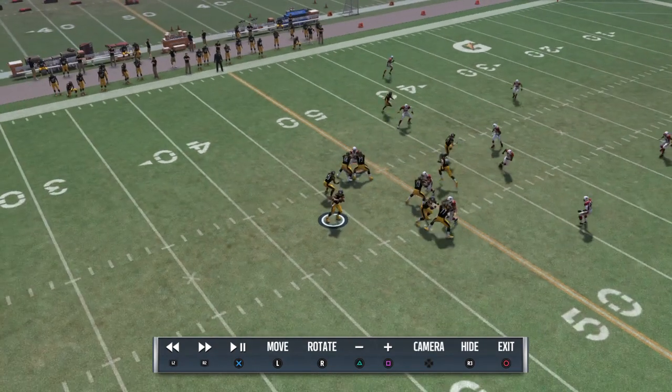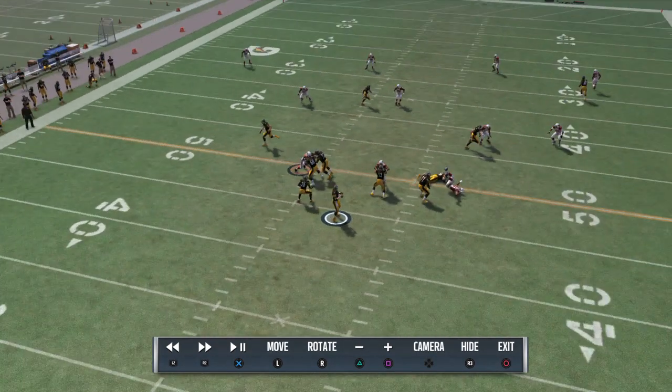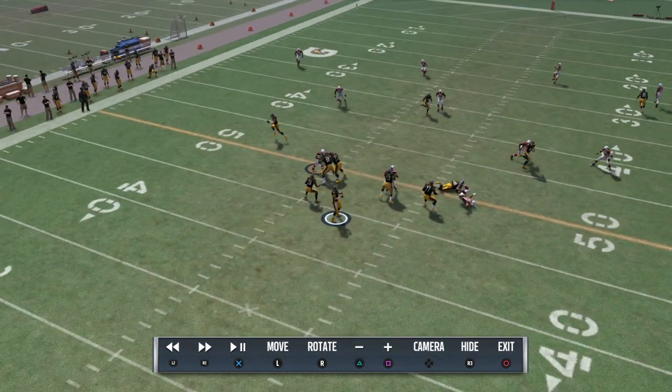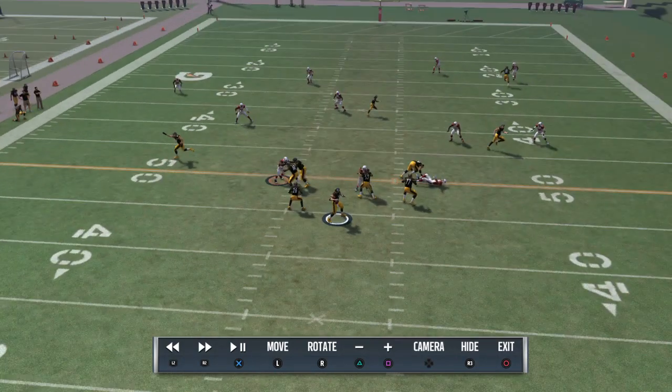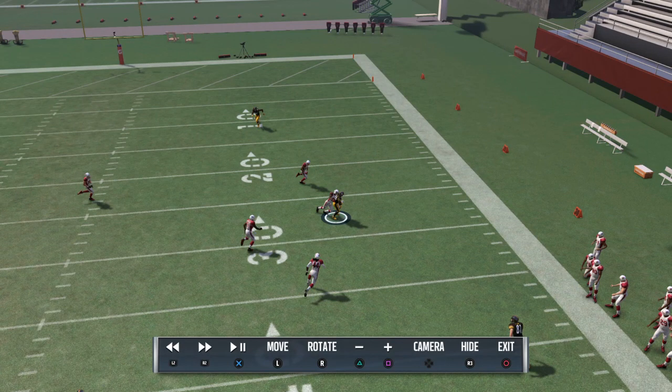The good part is that if you do, you got the dump off drag. If you got somebody with good agility and speed, they can turn up the field really easily and get anywhere from a 5 to a 15, 20-yard gain. And that's the play. I mean, we can go ahead and bring it back, run a cover 2